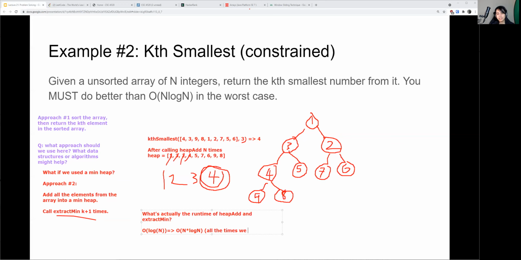All the times we did heap add. Now, just to clarify and continue on this badness train, how many times did we call heap extract min? We called it k plus 1 times. So k plus 1 times multiplied by the log of n times each time you call heap extract min